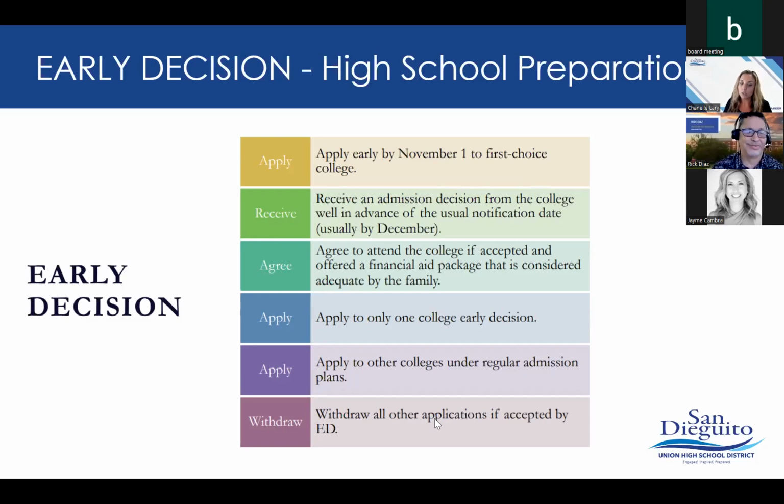So some students will choose to apply early action to other schools as well as regular, depending on the decision that they get back from their early decision school. But early decision, they are only allowed to apply early decision to one college or university. And then ultimately, if that decision does come back and they are admitted, because they did sign that agreement that they are intending to go, then they do have to actually withdraw all of their other applications from their other schools.